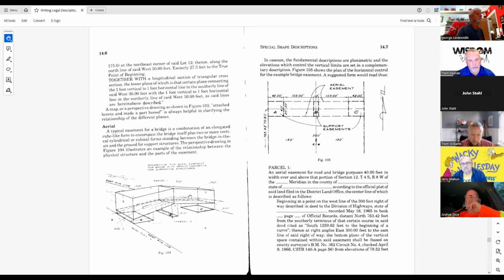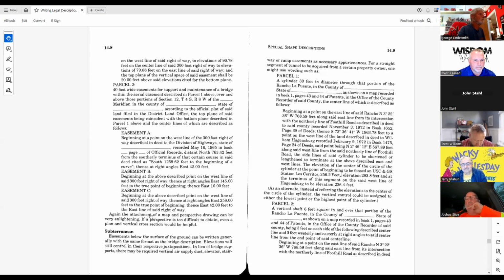He must have been part of that Walgreens, because that's exactly what it looks like. And then you jump to 14.8, subterranean easements below the surface of the ground can be written generally